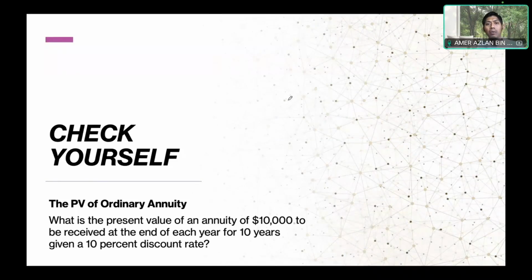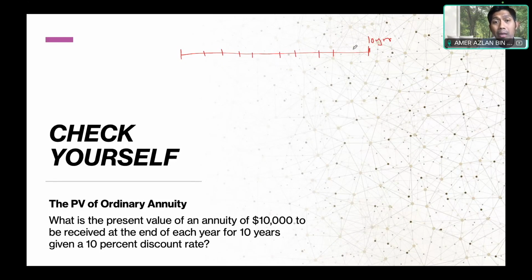Now let's take a look at one example on calculating the present value of ordinary annuity. What is the present value of an annuity of 10,000 to be received at the end of each year for 10 years given the 10% discount rate? So again, you draw a timeline to better understand the question. It asks you what's the present value of an annuity of 10,000 to be received at the end of each year for 10 years. So which means that at the end of every year,